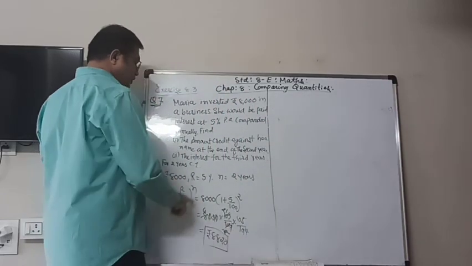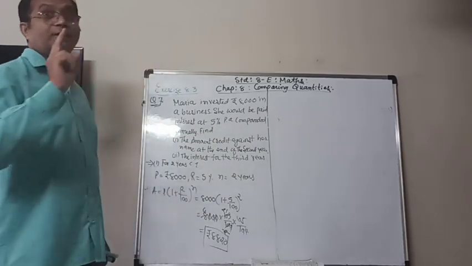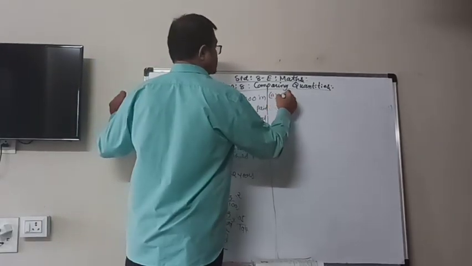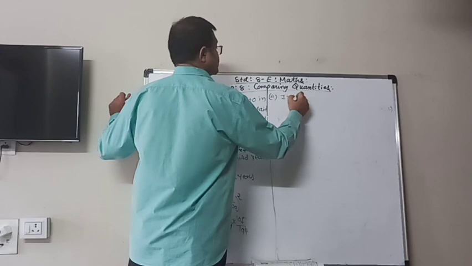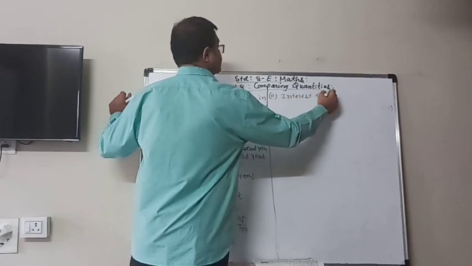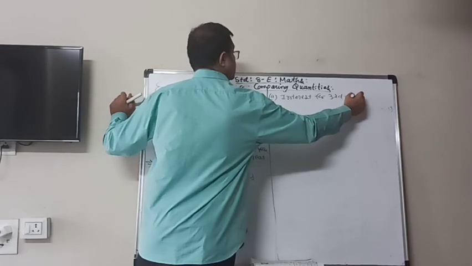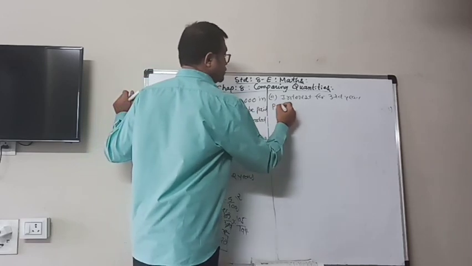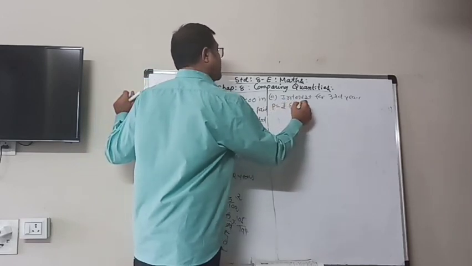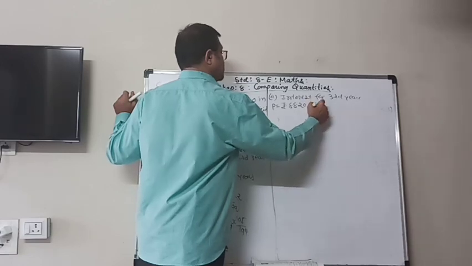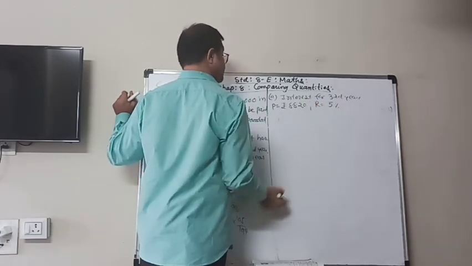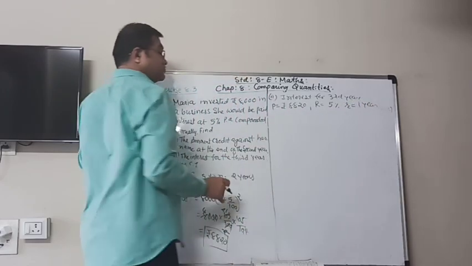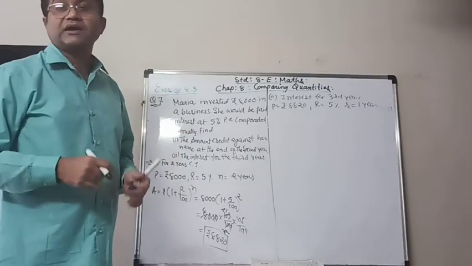Now we have only to find the interest for the third year, not the compound interest for 3 years. So now the second thing is the interest for the third year. Means here it is only one. But here P will be this amount, rupees 8,820. The rate of interest will be the same 5%, but R will be only 1 year, the third year. Means after 2 years are finished, there is only 1 year remaining.